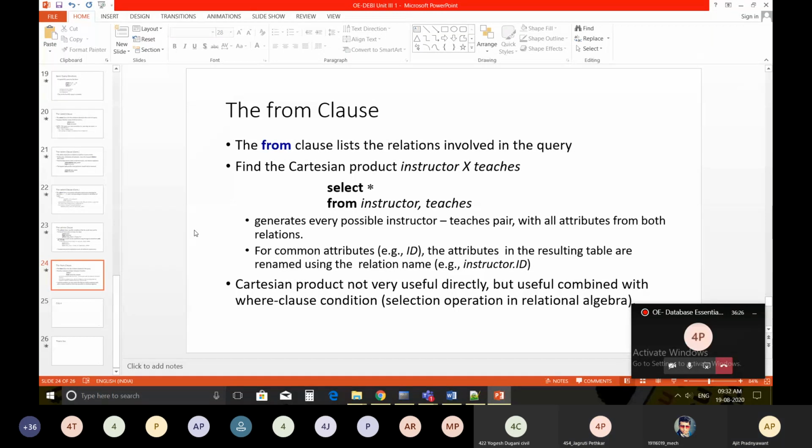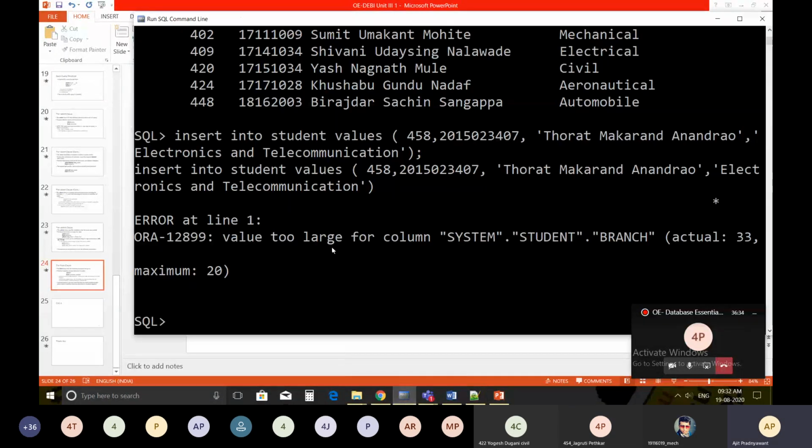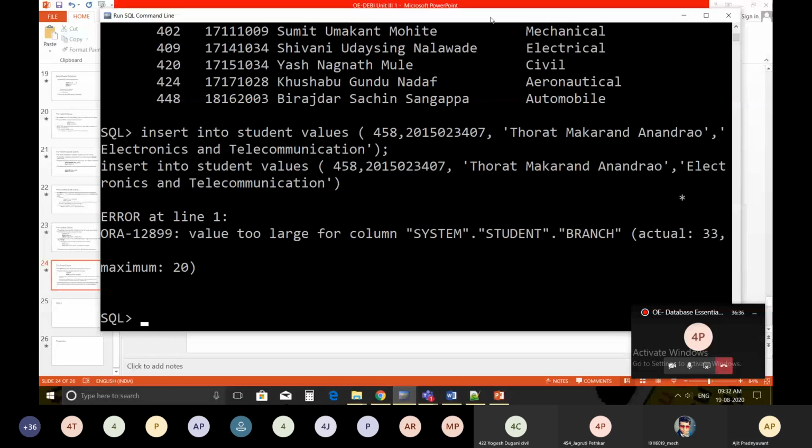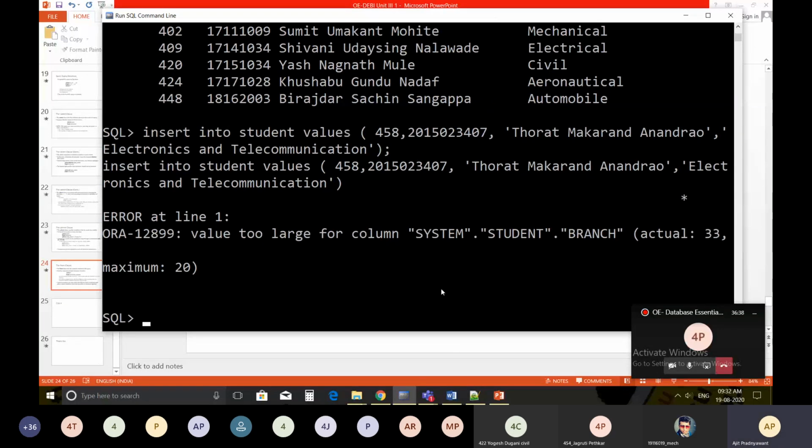Yes, sir. Okay. So I'm going to demonstrate how to create the tables in the database. Is this screen visible? Black, and there is a cursor blinking.